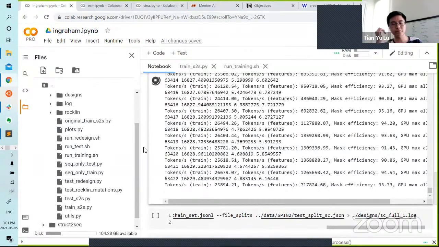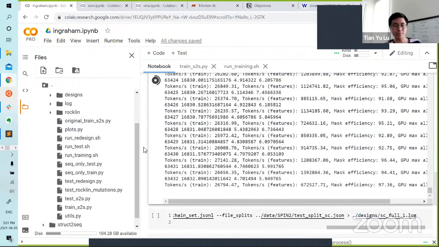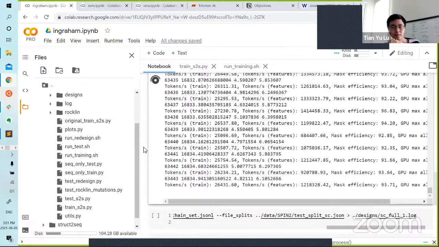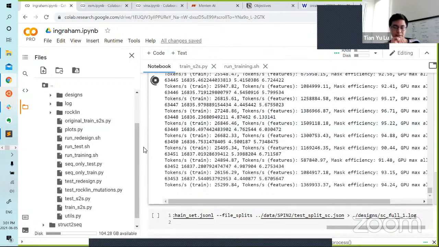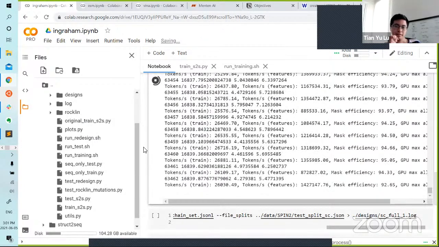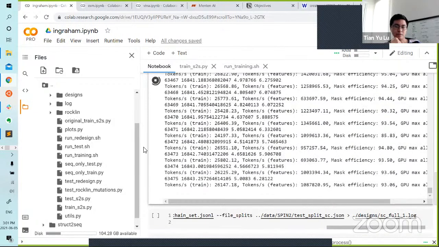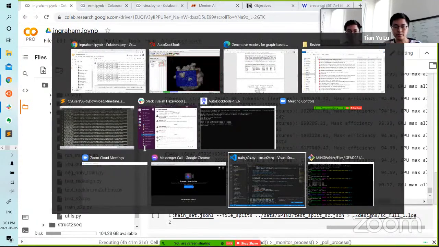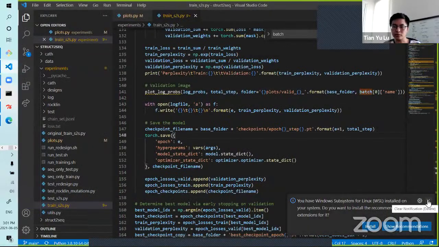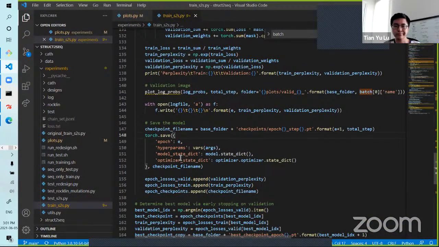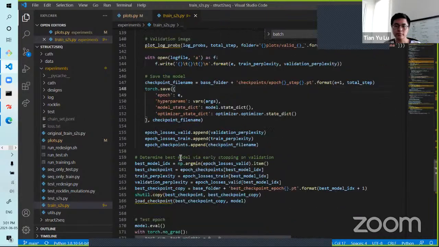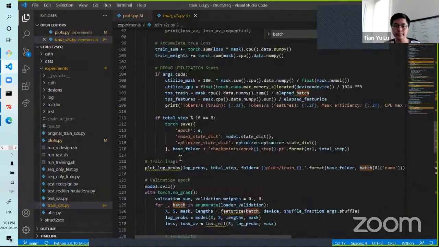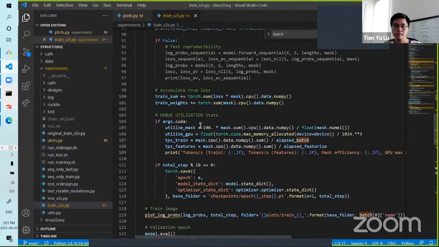In any case, I'm sort of unclear about when I should stop this training. The default is 100 epochs. And I'm not even sure how many epochs this is finished. So, maybe just a place to improve this code is instead of printing this all the time, utilize mask. Yeah, instead of printing this all the time,